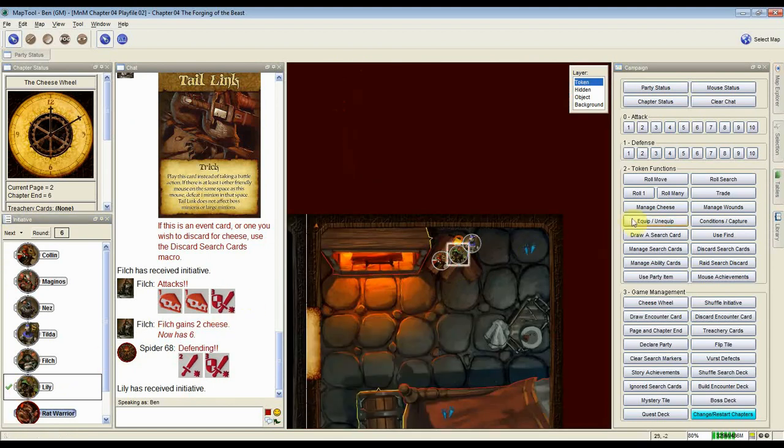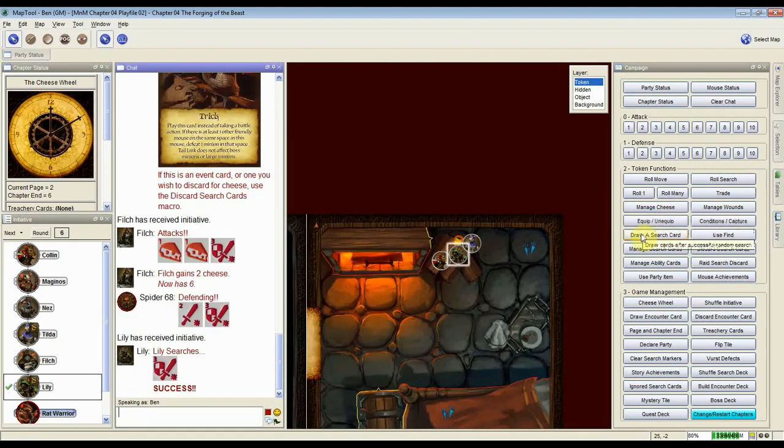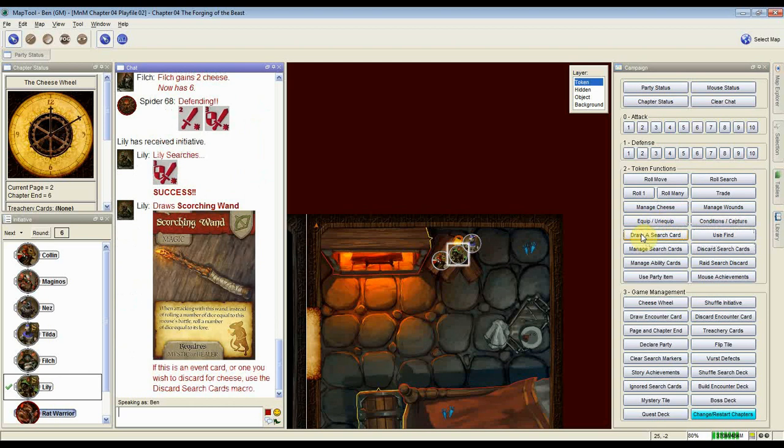And Lily will search. Find something. Scorching Wand. Beautiful. Because that is my favorite item for Maginos. Now, unfortunately, they're not in the same party, but she's definitely going to hang on to that for him, because that lets him basically use Mystic Bolt for free. Every time he attacks, he doesn't have to spend a cheese, and he can use invisibility or meeps or anything. So that is a very good item. He just attacks with his lore value,